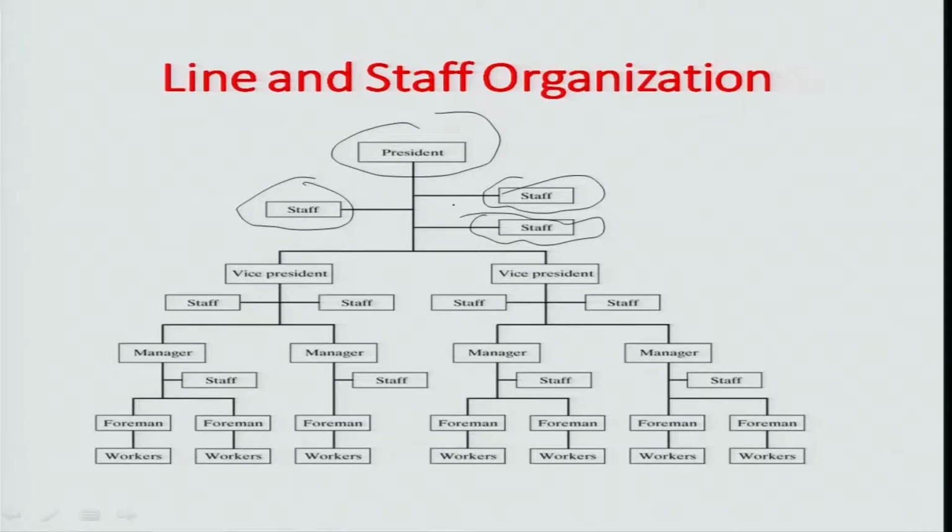One of them could be an expert on finance, one of them could be an expert on marketing, one of them could be an expert on some other domain, and so they would give advice to the president, and then similar staffing is done at every level. For example, even the vice president level would have some staffing, and the manager level would have staffing too. So, you may have a manager controlling 2 shifts where he might put deputy managers beneath him, each of them made responsible for one particular time domain where the shift runs. And then there could be multiple foremen or multiple workers, varying based on however you structured the organization, reporting to the manager. This is how typically the line and staff organizational requirements are carried out.